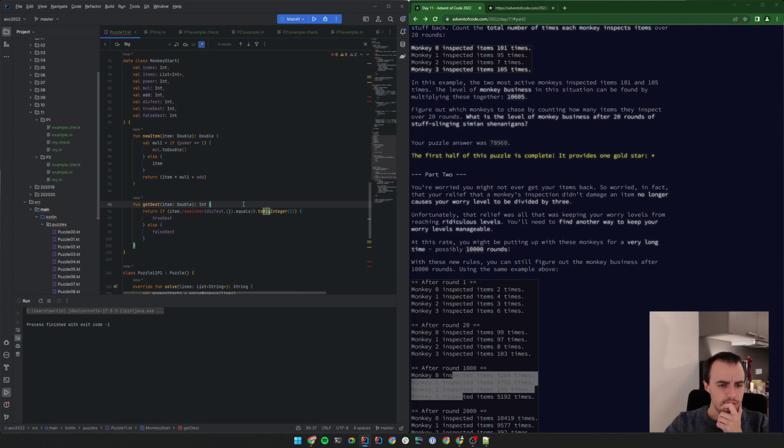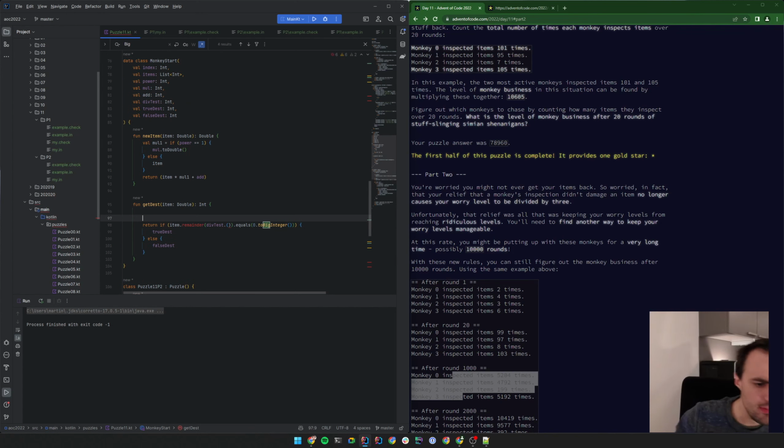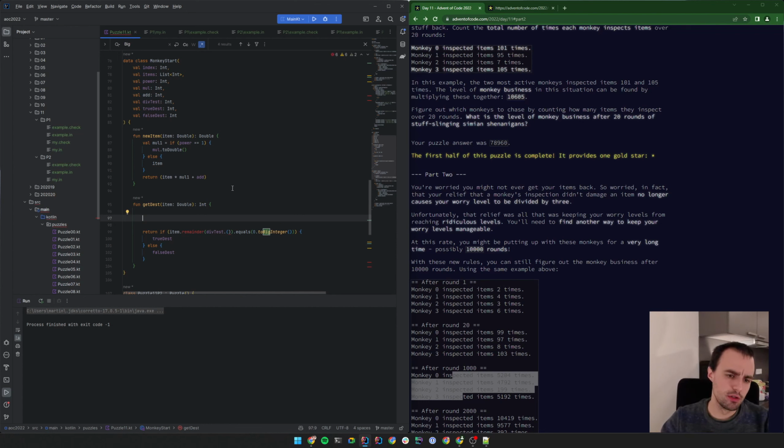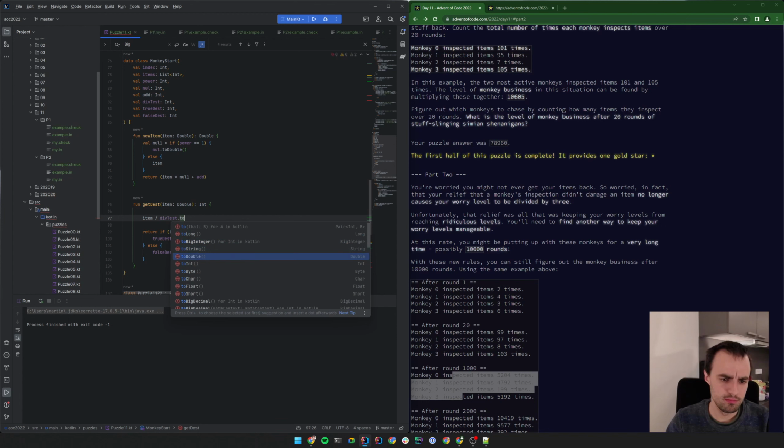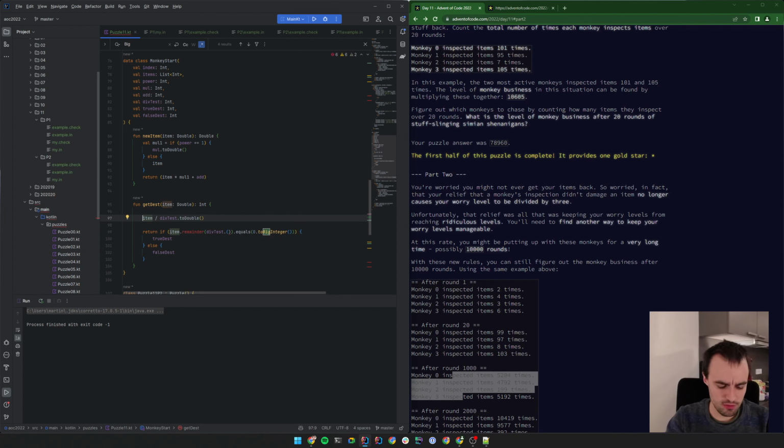And we can do the test. So we'll receive the item, and the item divided by the diff test to double will give us a certain result,